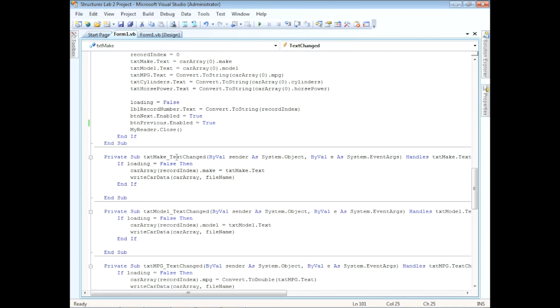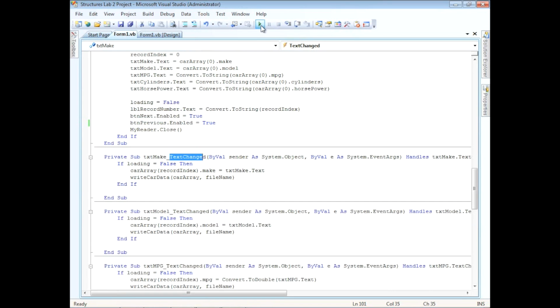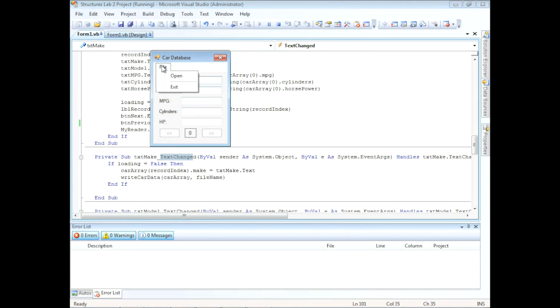So let's say that I've run the program here. Let's say that I load the data from a text file. Okay, so here's all the items that we have here. We have a total of 5 cars, and I change this over here to Centra. And I go to the next record. So I have 2 Centras now. Okay, let me close this. And let me reopen this. And again, I'm going to open up that same text file. And remember we just changed it to Centra? Isn't that nice? It remembered it